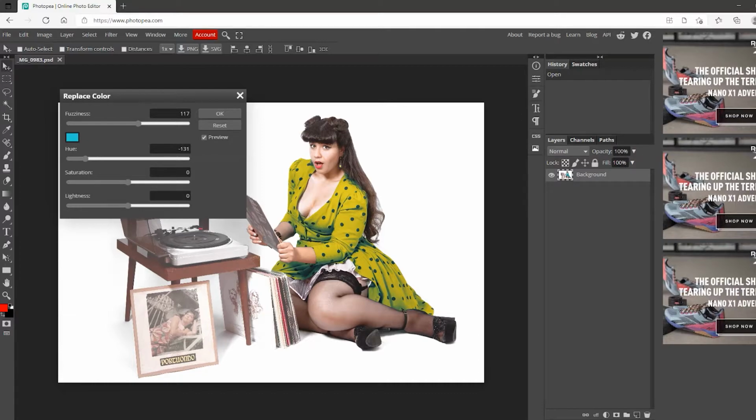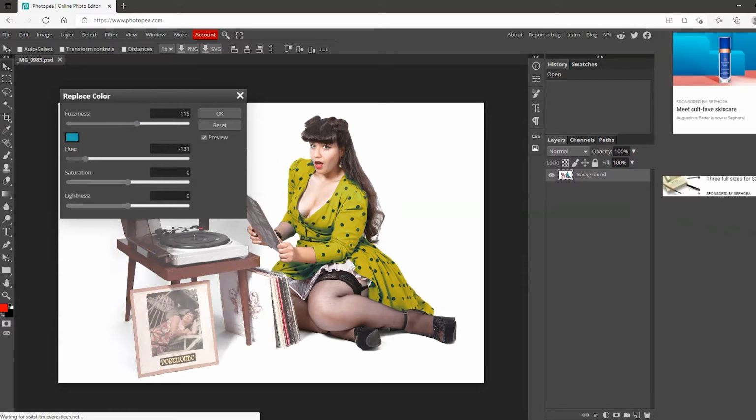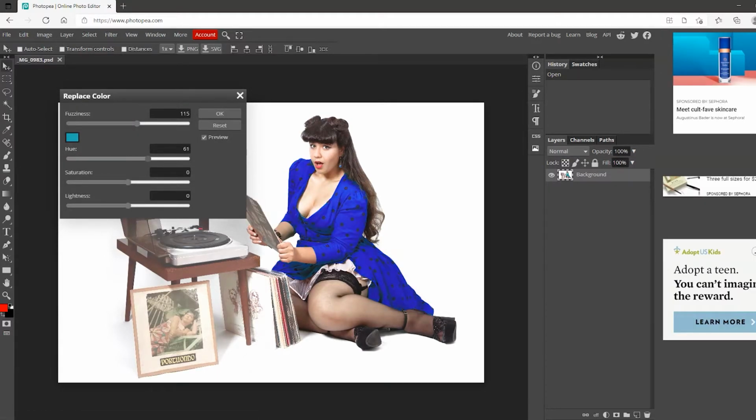I can see here that we're close, but if you look at the folds of her dress, you can see that they're not fully covered. So we might need to go just a little bit darker on the blue. Let's try that. All right, now you can adjust the hue and change the color of her dress, just like in Photoshop,